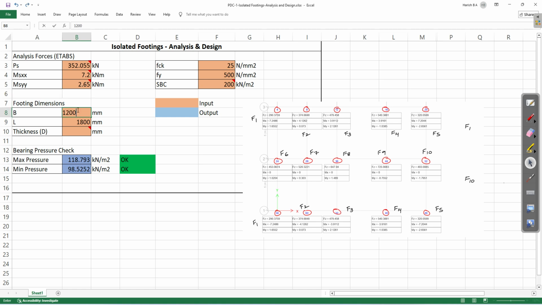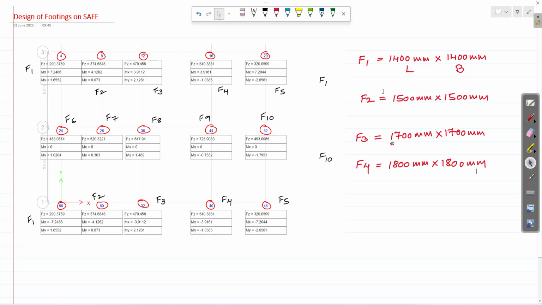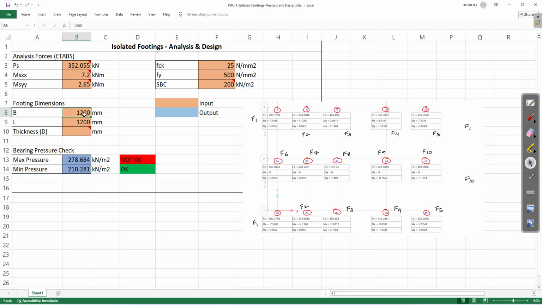I will go with 1200 by 1200. So it won't work. So what is the next size? Next size is 1400 by 1400. So I will go with 1400 by 1400. See here, it won't work. So next size 1500 by 1500. So 1500 by 1500. So my F5 will be,